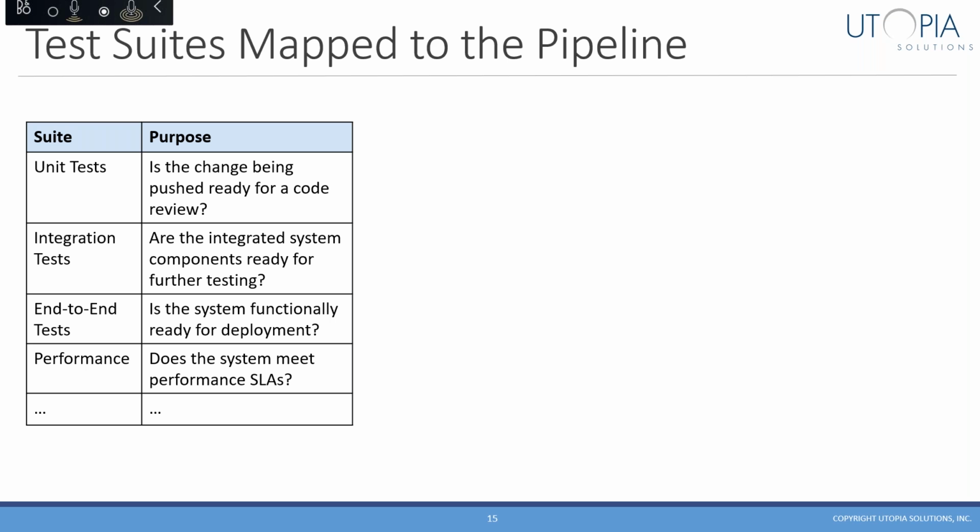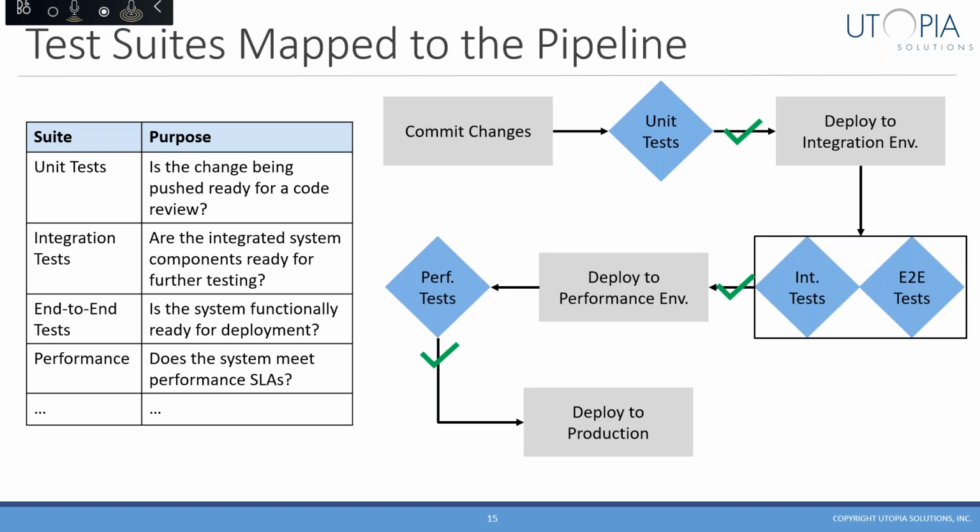And once you have an idea of what test suites you need, I think it's a good exercise to map those out across your pipeline so you can start to visualize the flow of the build with respect to your risk assessments. And this also helps you understand if certain test suites must be run in series or they can be executed in parallel, for instance.